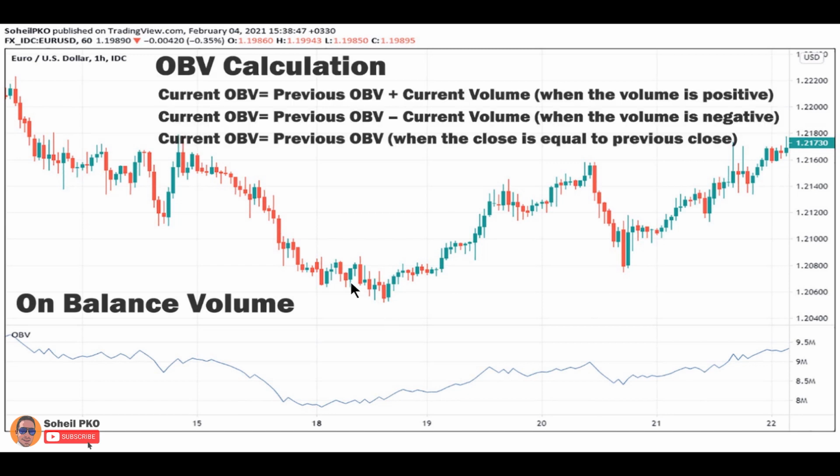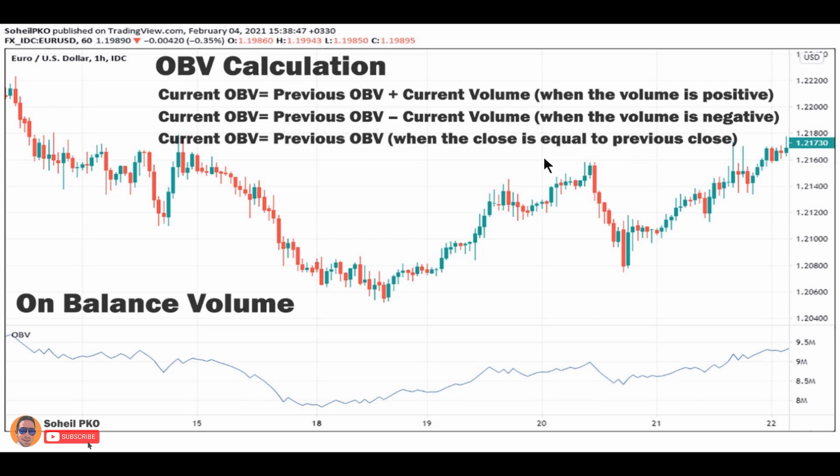in the early stages. On-balance volume is a cumulative indicator, which means it's simply a running total of positive and negative volumes. Based on your time frame, volume in a period is positive when the close is above the previous close, and it's negative when the close is below the previous close. So current OBV equals previous OBV plus current volume when the volume is positive, and current OBV equals previous OBV minus current volume when the volume is negative, and current OBV equals previous OBV